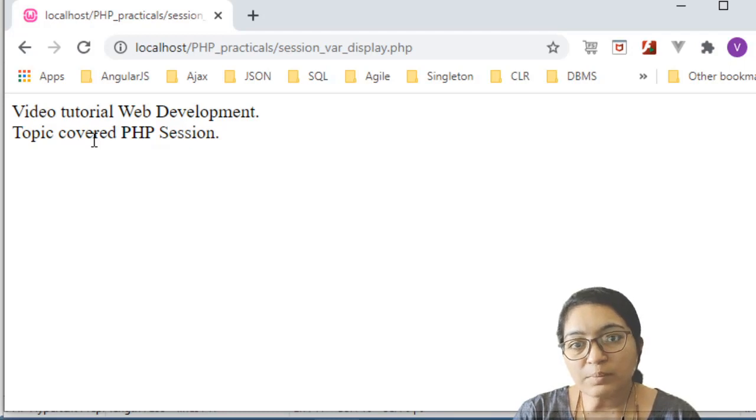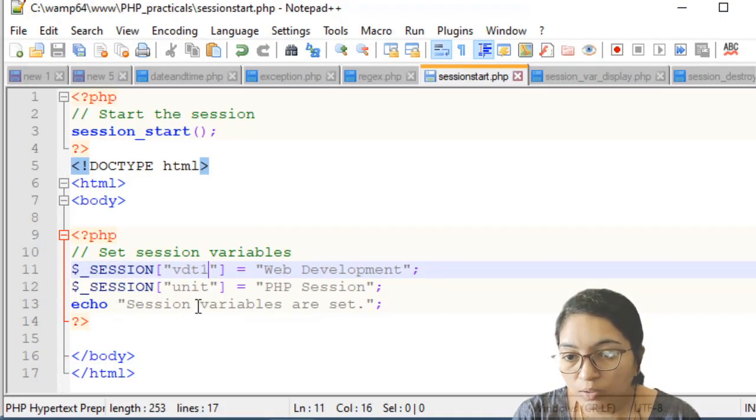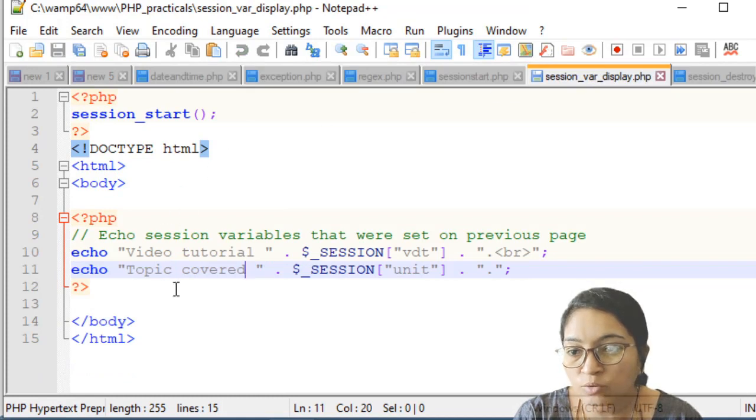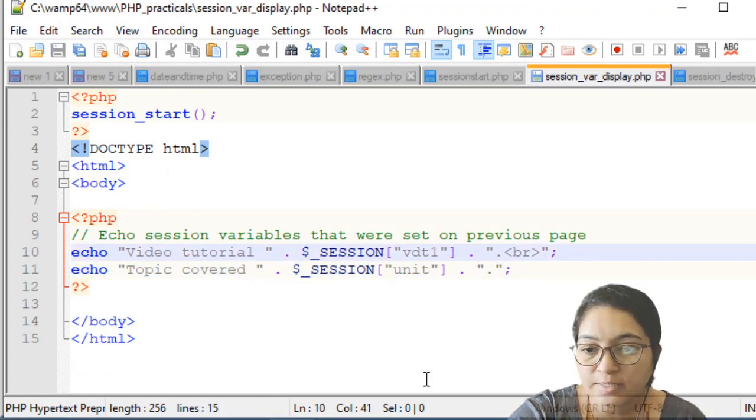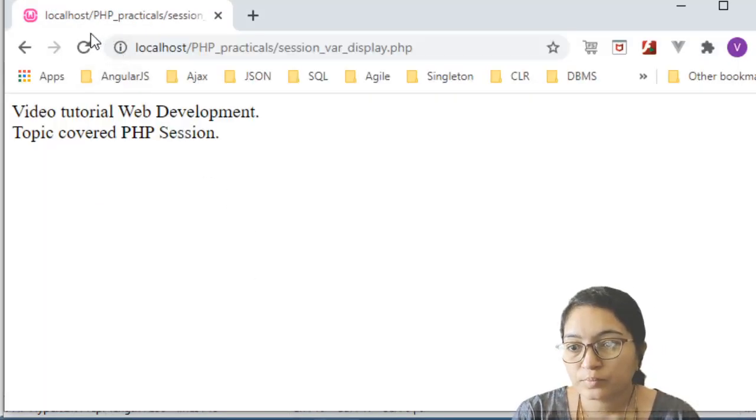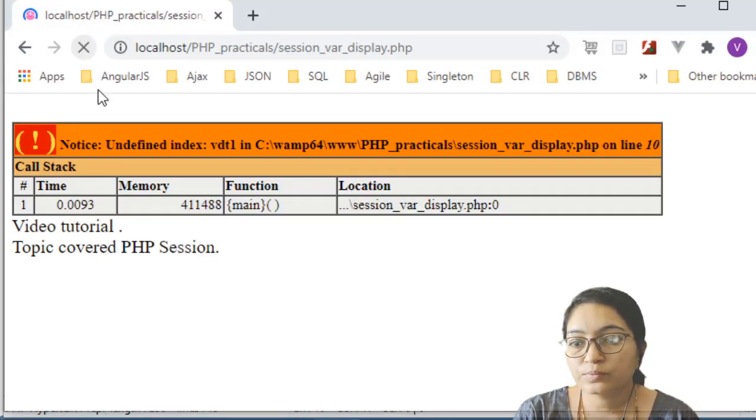Now the session variable is set, that's why it is showing. But suppose you have changed the session variable. Sorry, I have to change it again over here, VDT1. Okay, let's execute this. Now you will get the error. Why? Because VDT1 is not set.